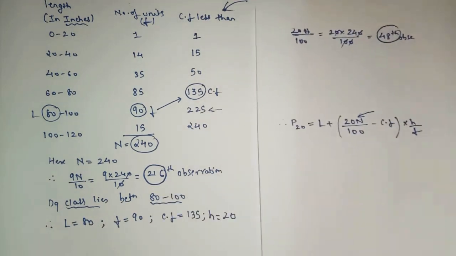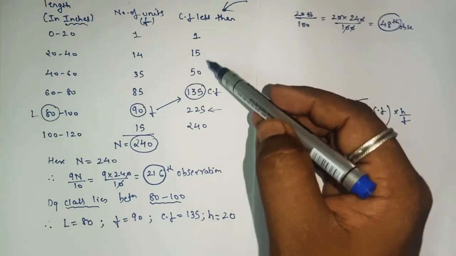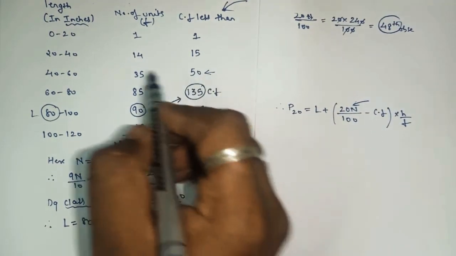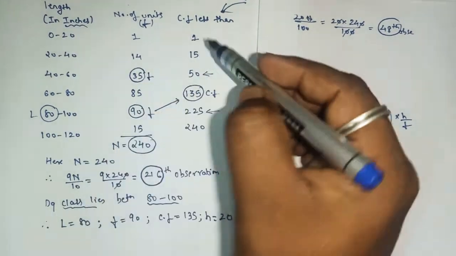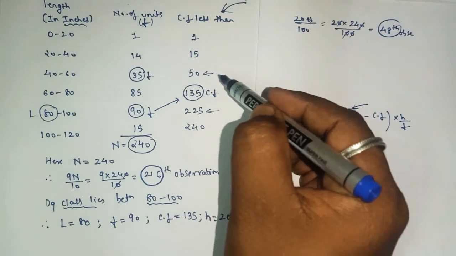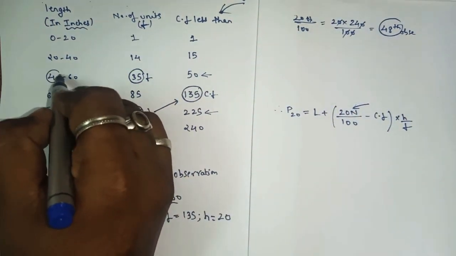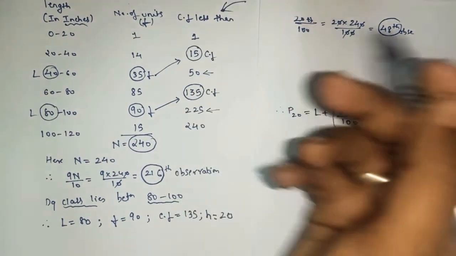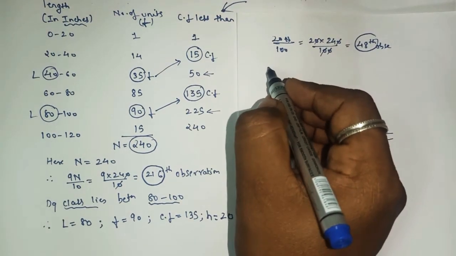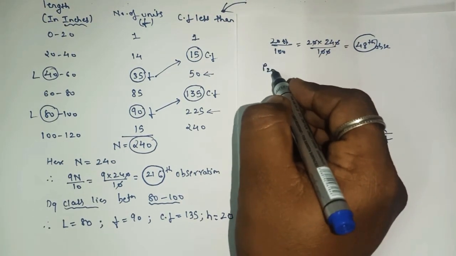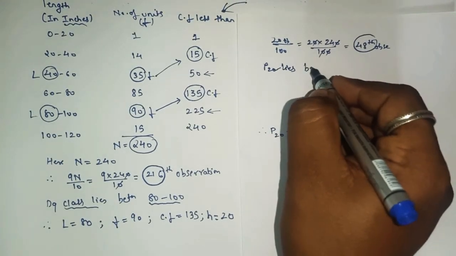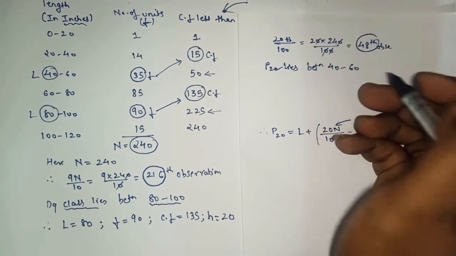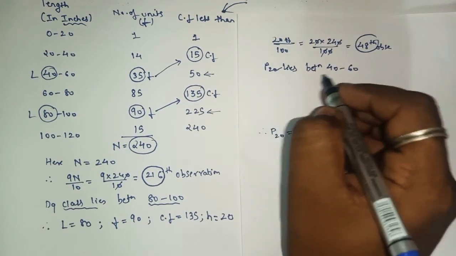So now we'll see where this 48 lies in the cumulative frequency, as we did for the decile. Yes or no? So 48 will lie here, yes or no? So this will be your frequency, because here we have 115. So of course 48 will lie in the third row. So here this will be L, F, and in the cross you will get the value of CF. Before that we'll write, P20 lies between 40 to 60. Of course our answer has to be between 40 to 60 only.